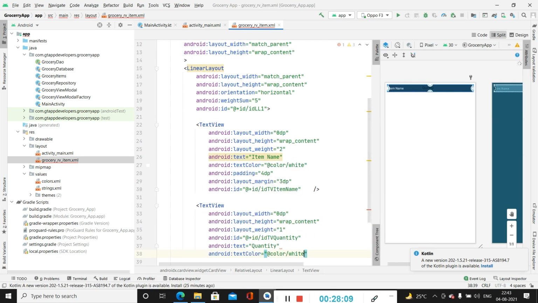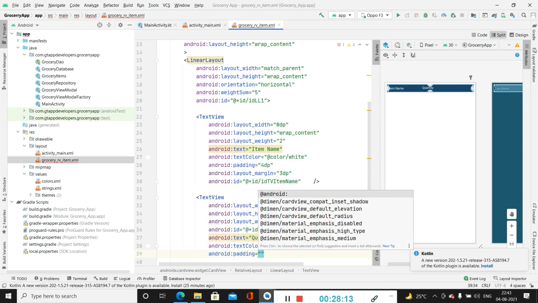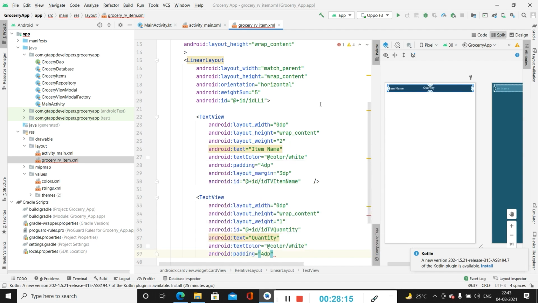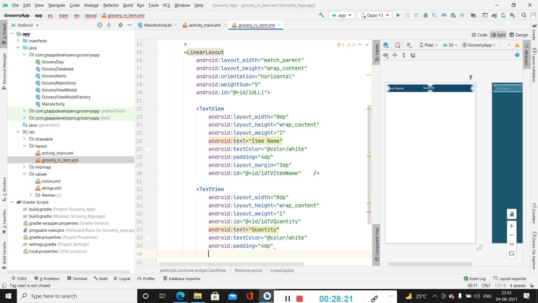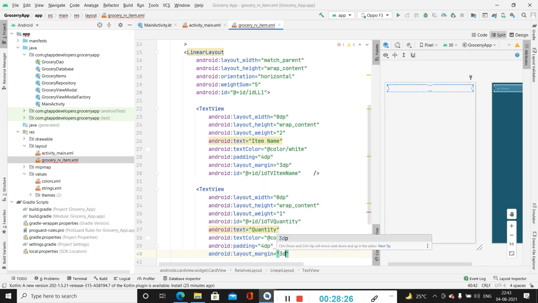Text color as white, padding as 4 dp. After that we will be adding a margin, 3 dp.